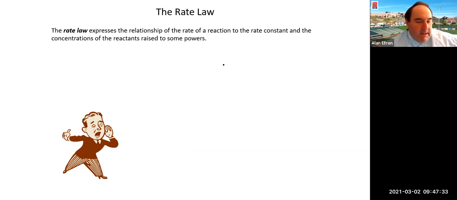Okay, so we've been talking here in chapter 12 about kinetics. Remember, when we study kinetics, we're studying how fast or slow a particular reaction will take place. One thing that we looked at in the beginning was something referred to as the rate expression. The rate expression basically allows you to figure out how reactants are changing with time, how products